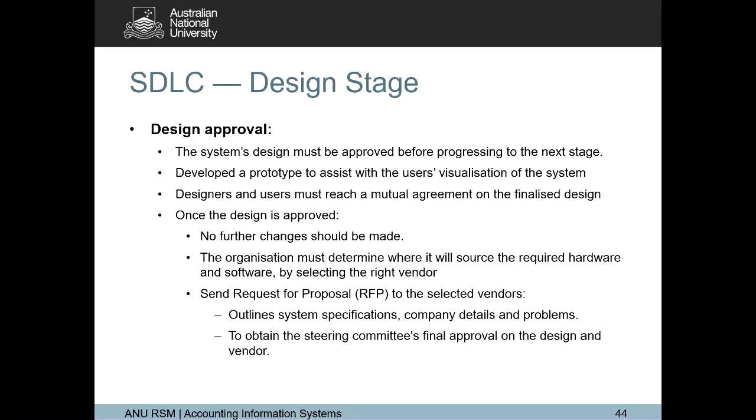All right, so what does a company do? Usually they will send an RFP to the selected vendors. SAP has this. And a quotation is also considered an RFP for our exercise. It outlines the system specification, company details and problems, to obtain the steering committee's final approval on the design and vendor. So we have submitted for approval at every single stage, and now we have finalized the design and